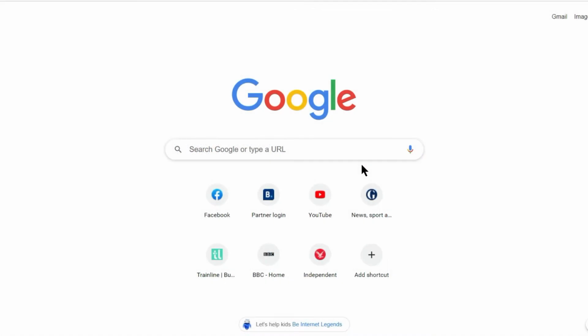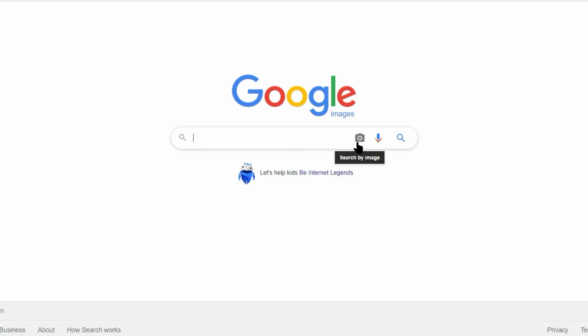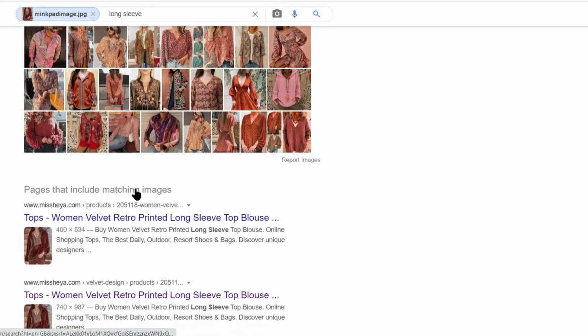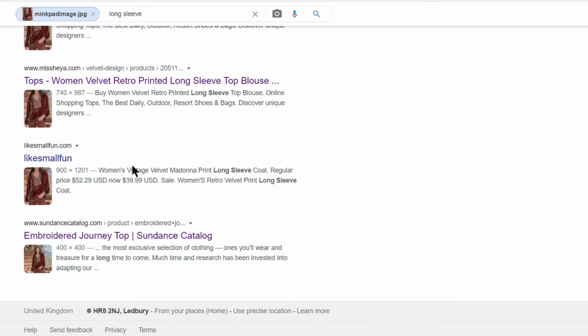Now I'm going to do a reverse image search on Google to see if I can find that photo of the tunic. So we're going to go to images.google.com and you'll see that there's a facility for uploading an image. I've already saved that image that we found on Facebook, so I'm going to upload it here. Now if I scroll down to the bottom of the results, you'll see that there's a few sites using the same image. This one, like the one we were looking at, claims it's on sale. But let's have a look at this one,